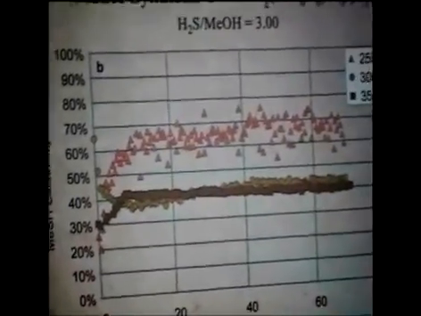The second question is, you mentioned the selectivity for methanol using the organosulfur catalyst. The graph that you had is for the temperatures 250, 300, 350. And for 300, 350, your selectivity to start with goes in opposite direction. One is going down, stabilizing, the other one is going up and stabilizing. I was wondering if you can explain that. I can't explain it. I know what you're talking about. This one? Yes.